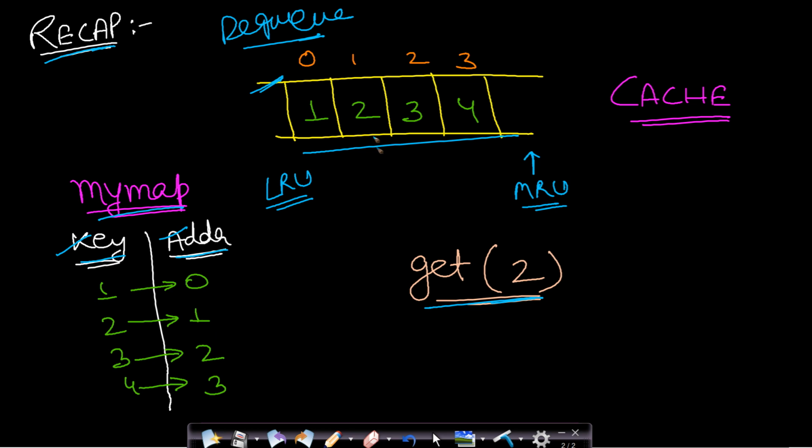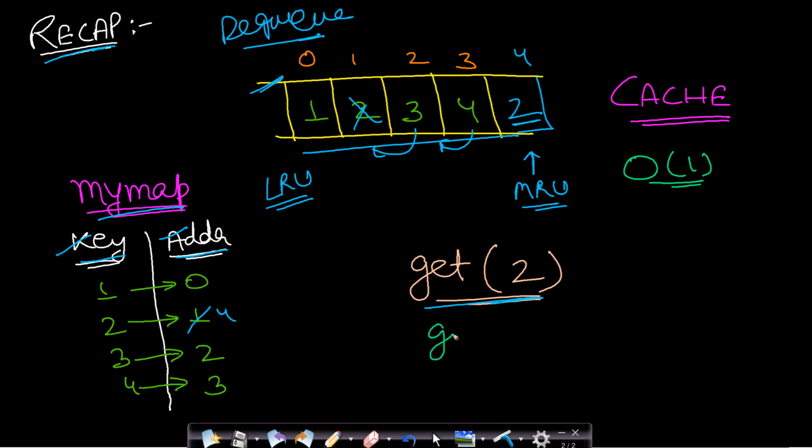So in this case you can see that we need to remove this from the current position and move it to the front. Whenever you move it to the front, each and every element should get pushed, but this will take a lot of time. So for that reason we will just erase this from its current position, and add the element to the beginning. So in here the keys will change. For 2 the new address will become 4, since this is address 4. So this is taking O(1) time in order to get a page which is already present in our cache.